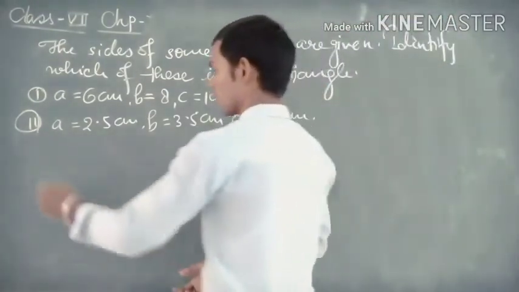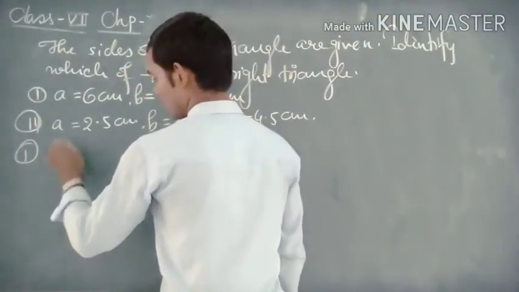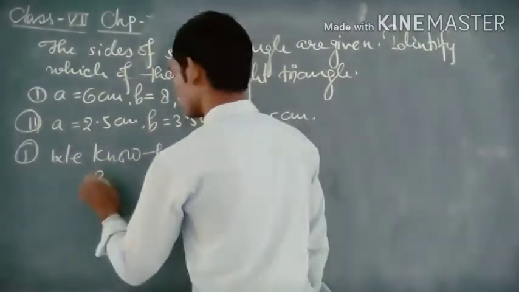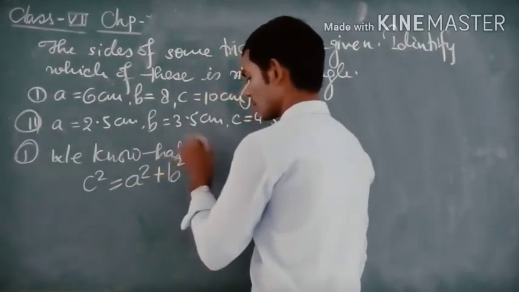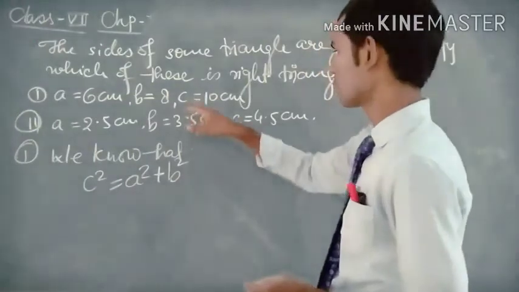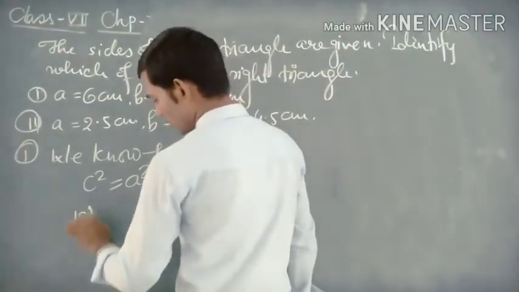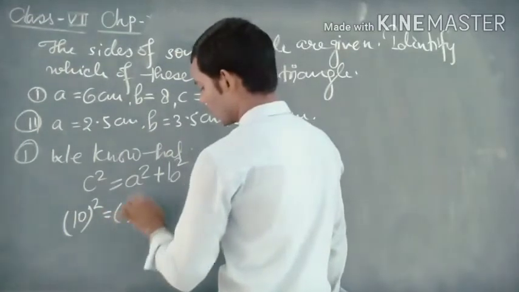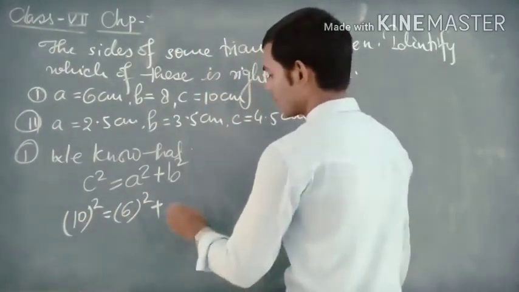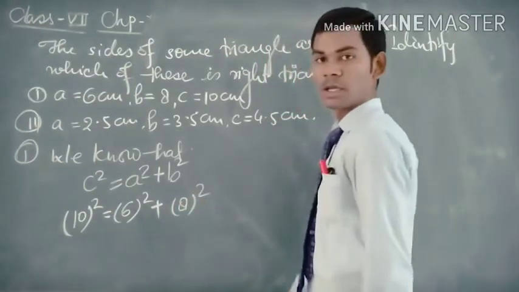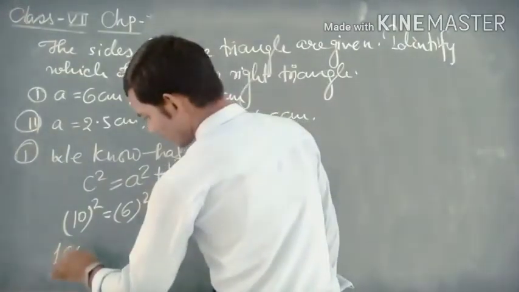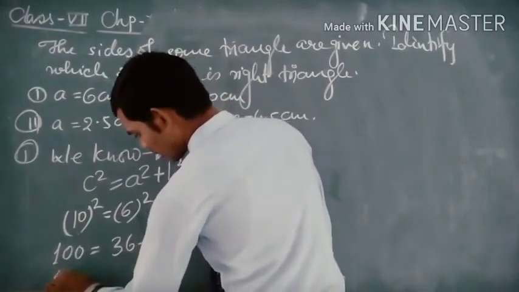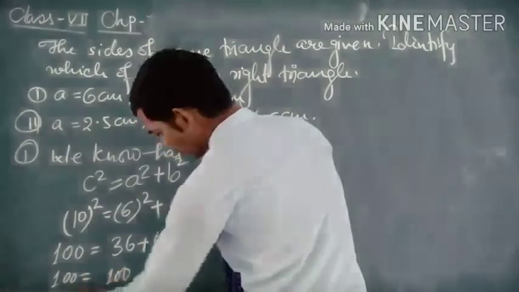So here we write for the first, we know that C square is equal to A square plus B square. And here the given value of C is 10 centimeters, so this will be the square of 10, and the value of A is 6 centimeters, so this will be the square of 6, plus the value of B is 8, so here we write the square of 8. And we solve this, we get 10 times 10, 100, is equal to 6 times 6, 36, plus 64, and this will be 100 is equal to 100, which shows that